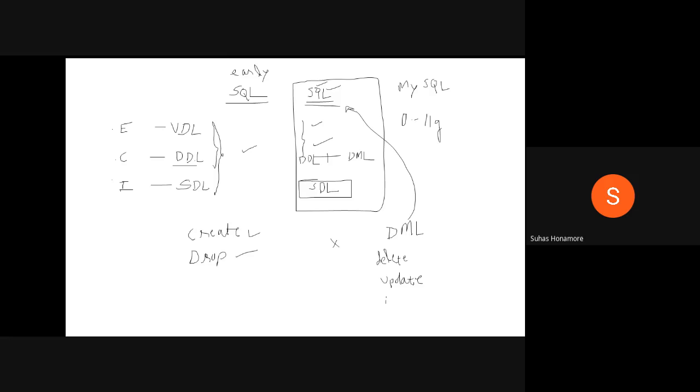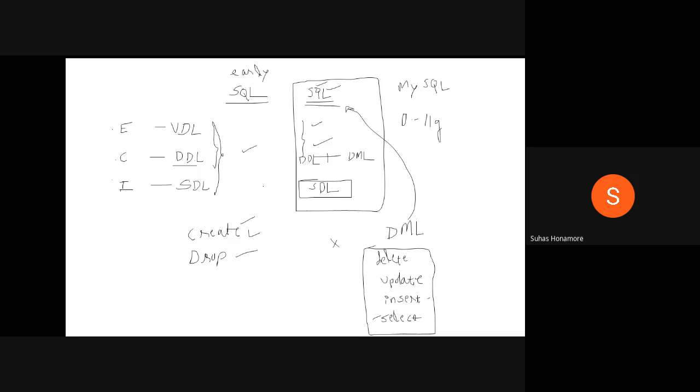Then the insert command. We already studied that the table is first created by create table. After this, you have the table, and you want to insert values into it. How you will insert the values is done by using the insert command. So insert, delete, update, and one more we studied, select, which is for retrieving. How values are stored, what all rows and columns you have, to see all those things the select command is normally used. So these four commands were also added in DML, and this DML was also added in SQL.